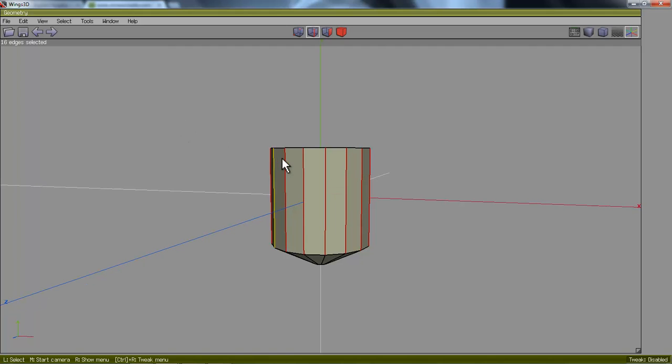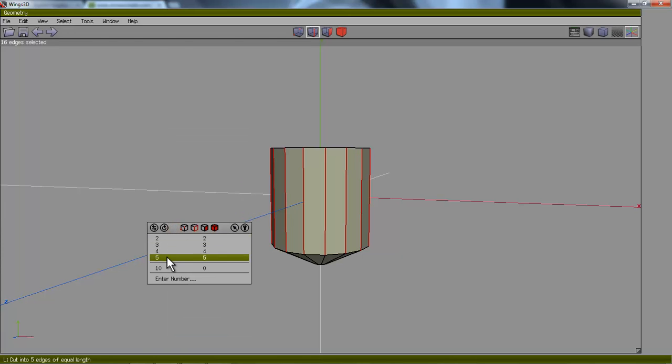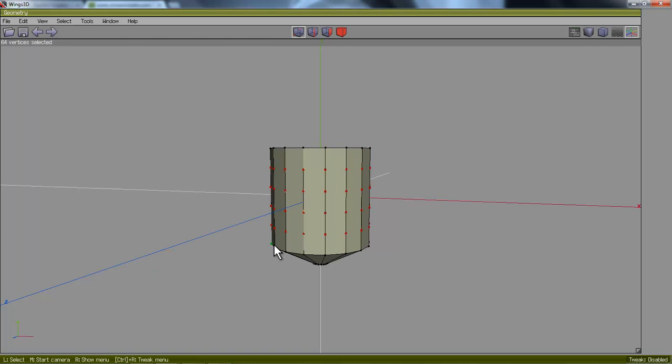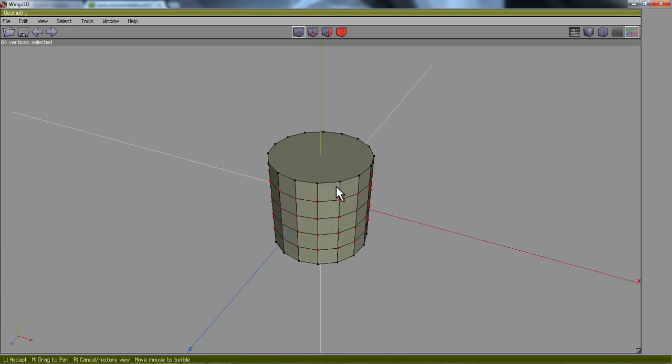I'm going to cut them into 5 line segments so that I get more faces on my glass. So I will right click. I'm going to go to cut and then cut 5, left click. Now I've got 1, 2, 3, 4, 5 line segments, and now I need to connect these vertices together by right clicking on the stage, going down to connect, or C on the keyboard, and that connects them all,